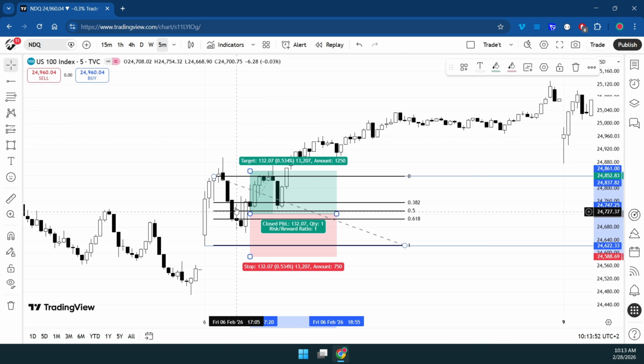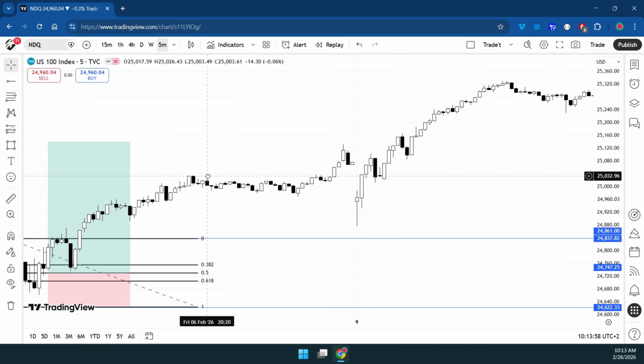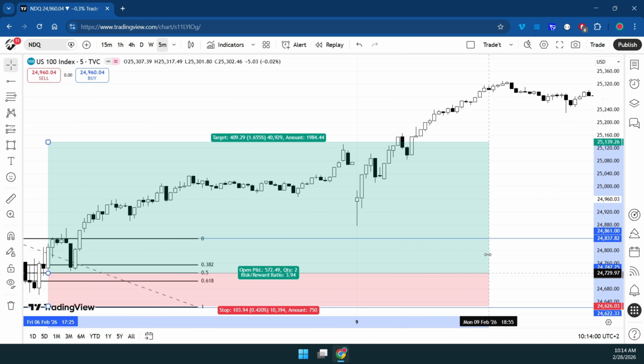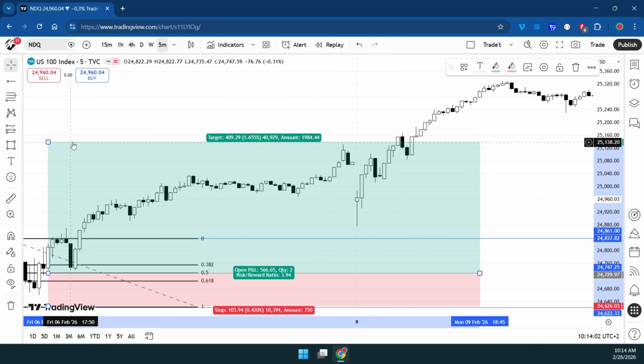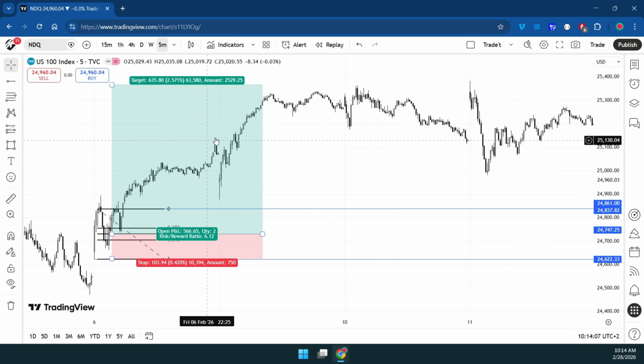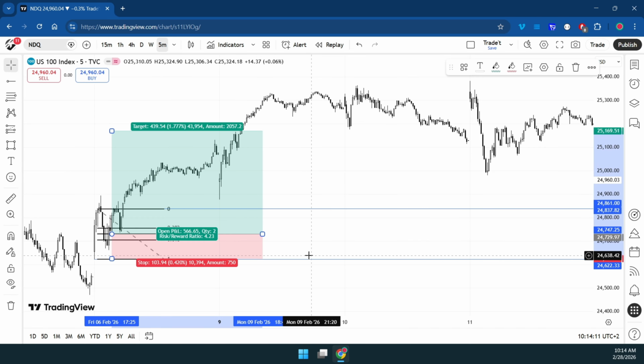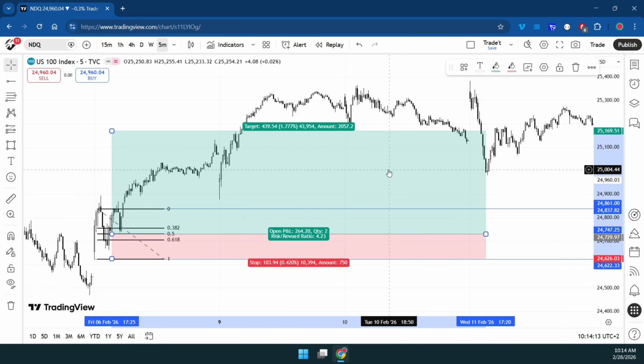let me remove my magnet. Entry at the low of the range. And here from 2%, frankly speaking, we're gonna do a lot more. And even if we let that trade close, so here I'm already at 6%. And even if I just let that trade close at the end of the range, so